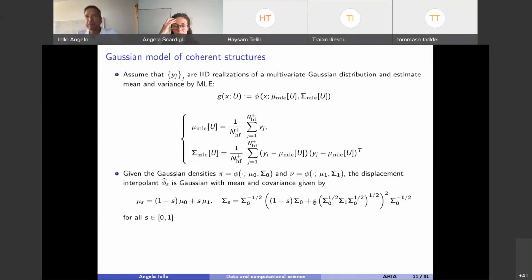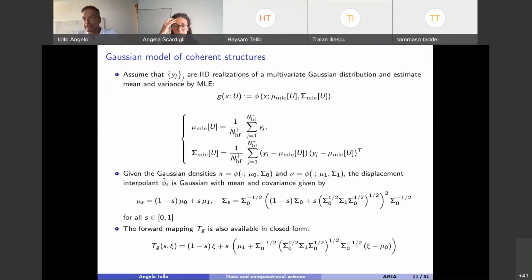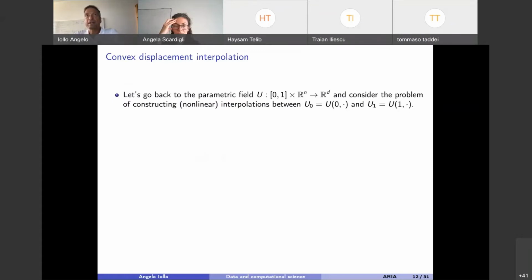Okay, fine. That's the story. Once we do that, basically, we go back to the parametric field that we wanted to interpolate. Now we have the parametric mapping, and we use it to interpolate non-linearly